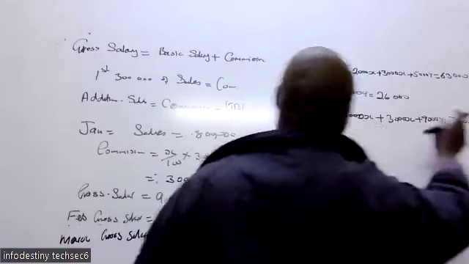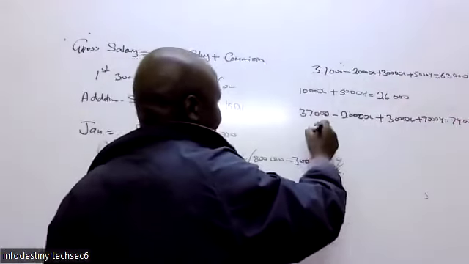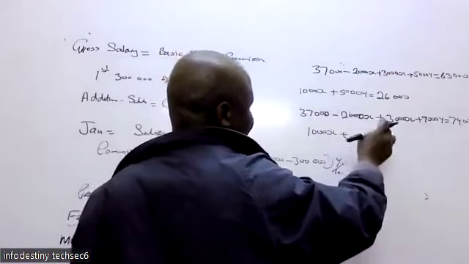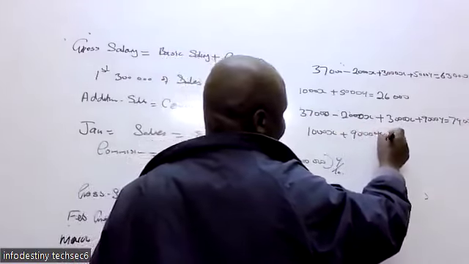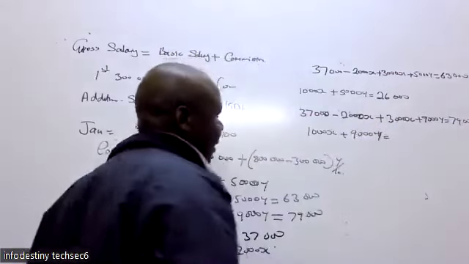Together. So this one and this is 1000. So that's going to be 1000 x plus 9000 y equals to, when you take the other side,